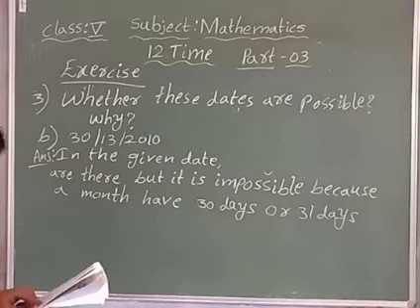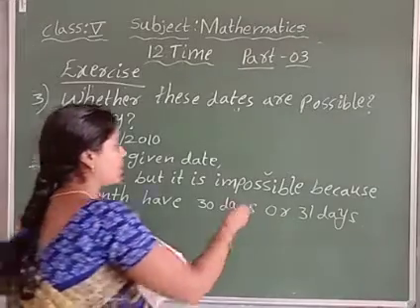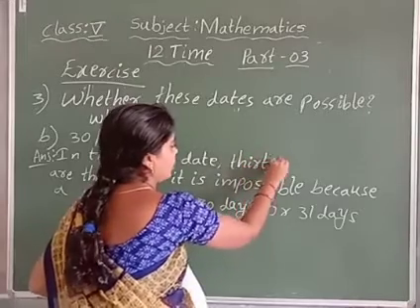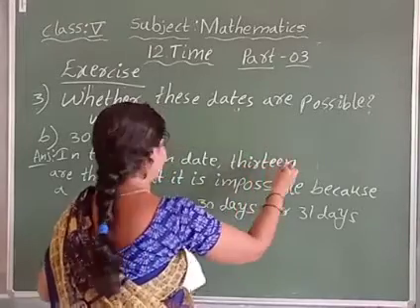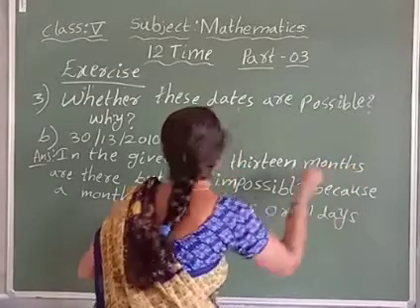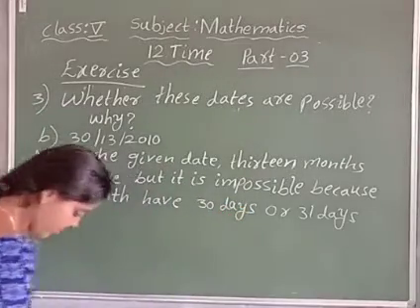How many months are given? 13 months. 13 months are there, but it is impossible because, children,